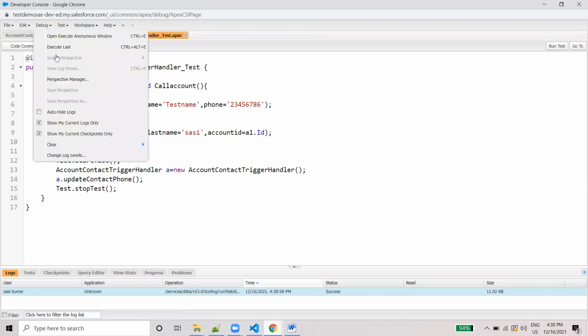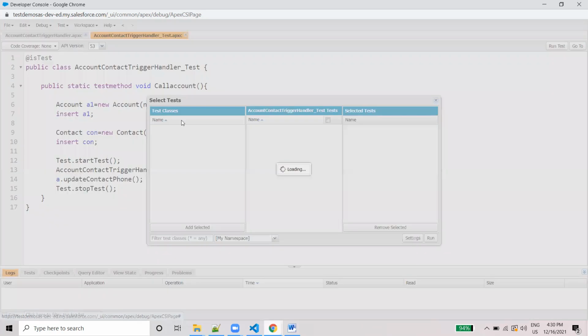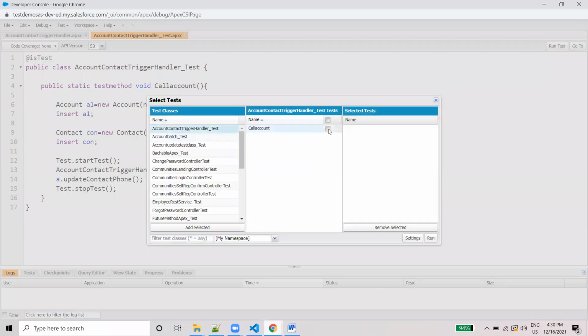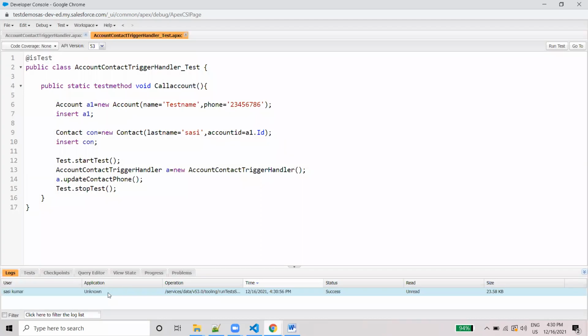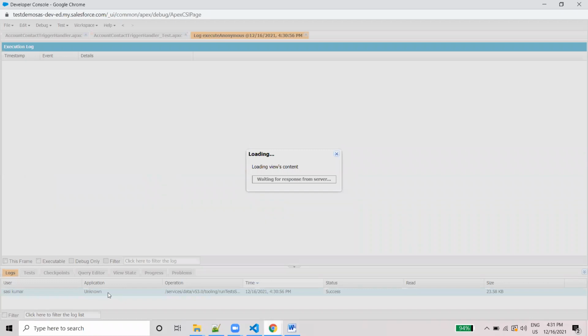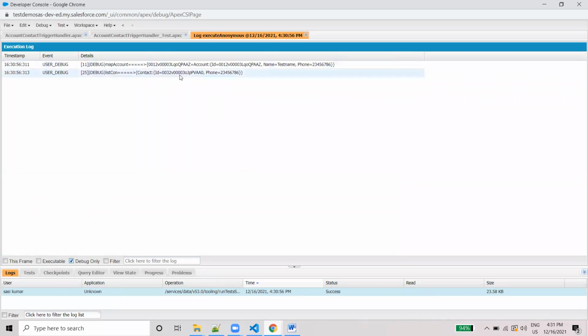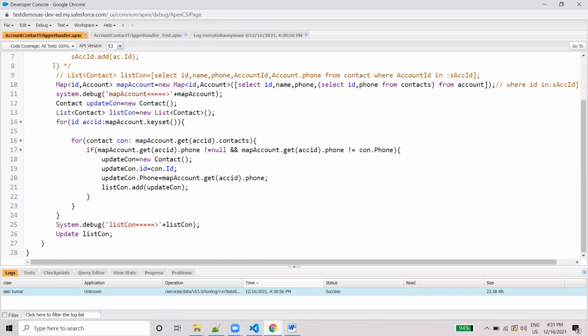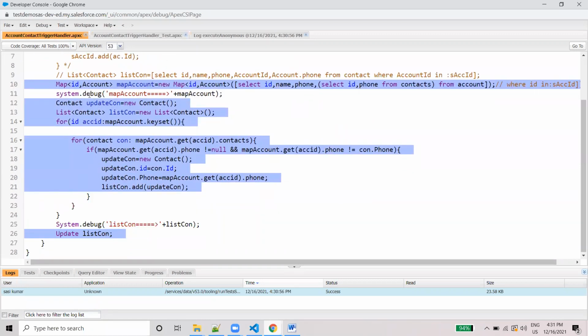Now I will clear the logs first, go to New Run, choose the test class and test method, and click run. Now you can see here that whatever phone number value we gave the account should appear in the contact as well. Now you can go and check the test coverage. You can see all the lines of code are covered and our coverage is 100%.